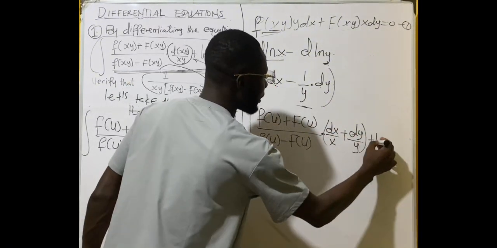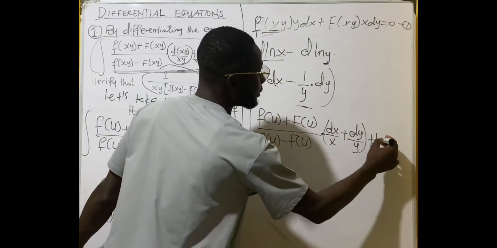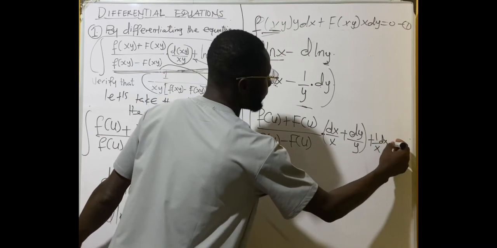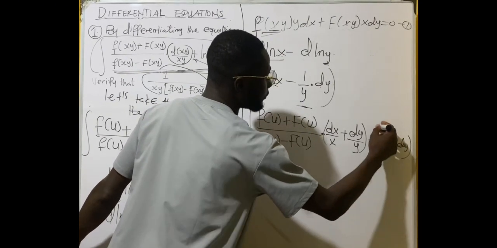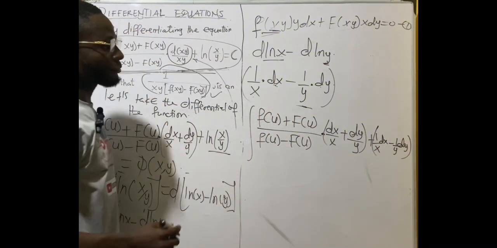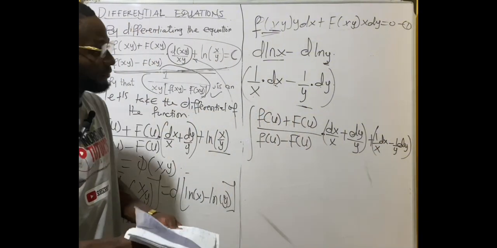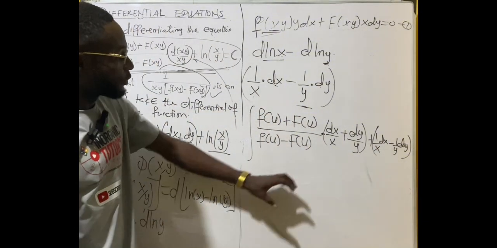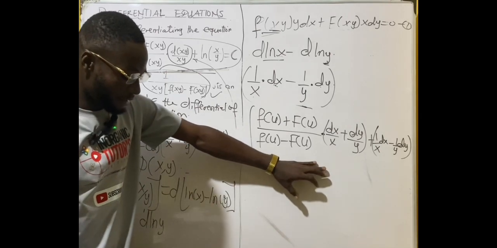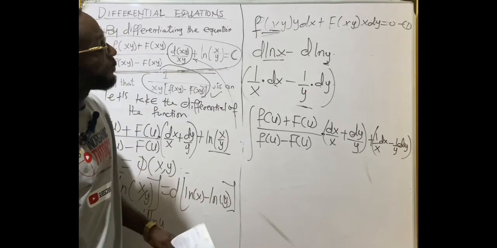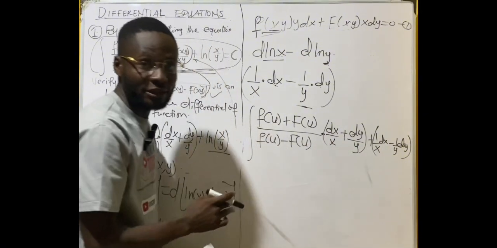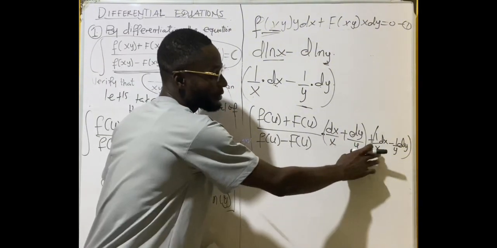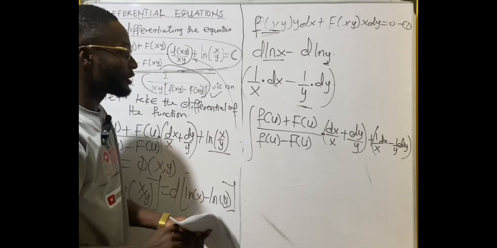So we're going to have 1 over x dx minus 1 over y dy. Okay, so this is what we have so far. Now, what do we do next, right? So this, we can see that we can do some groupings, right? We can group terms, right? So let's try to do that